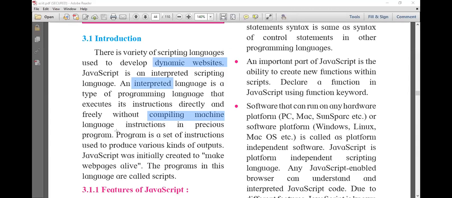Then, a program is a set of instructions written in a sequence. The word sequence is very important. Here it is not used, but you have to use it. So I add one more point here: written in a sequence.